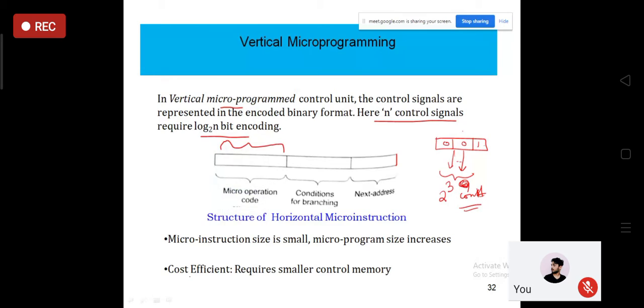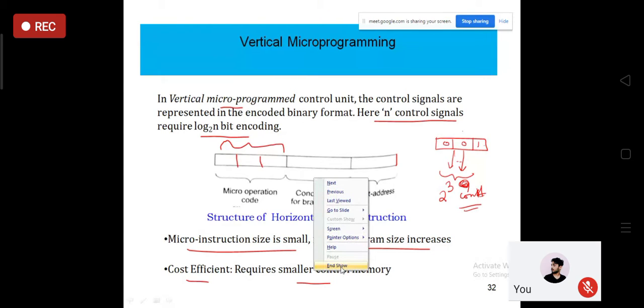Okay, so definitely the cost is going to be a bit lower because the size of this control is maybe for 3 bits. So this is the advantage: the memory size is smaller. And definitely the program size is also smaller because the microprogram size is smaller. That's why the instruction size is smaller, because this is the instruction size. If this is smaller, then the microprogram size will be smaller, and ultimately the memory requirement will be even smaller. Is it clear to you?